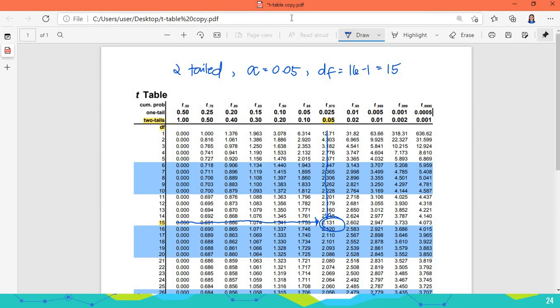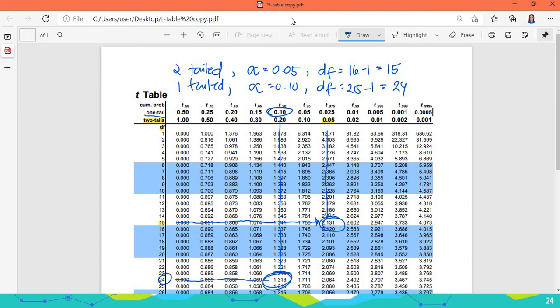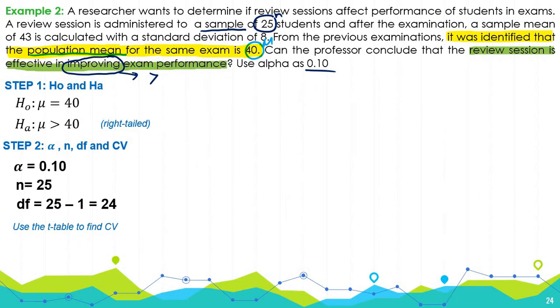So let's go back to the t-table. Again, this time it is one-tailed. Our alpha is 0.10 and DF is 25 minus 1, which is 24. So we are now going to consider one-tailed, and then our alpha is 0.10, it's here. Then DF is 24. Then after that, simply identify the intersection, and we will be able to identify the critical value. And the critical value here is 1.318. It will stay positive because we are talking about a right-tailed